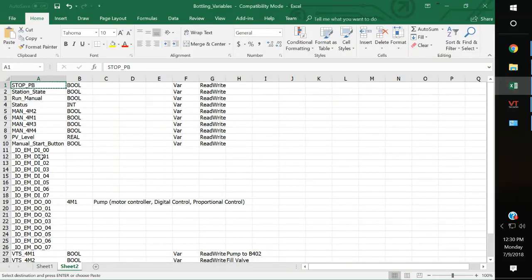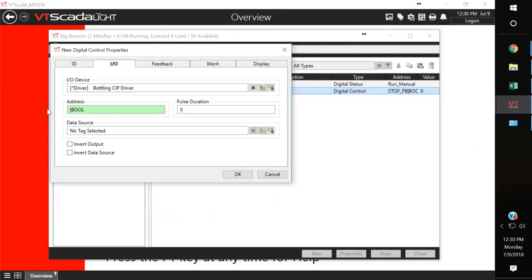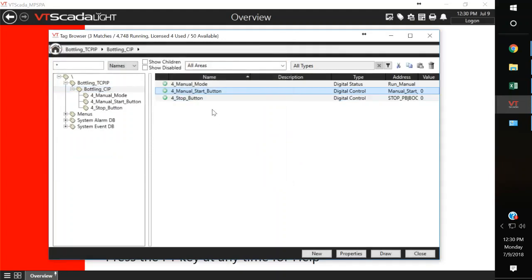So we come over here, manual start button, copy, paste. That's all we need for that. Click OK. So now we have our station status, which is for run mode, for the manual mode, manual start button, and the stop button. Stop button is used for both manual and automatic, so